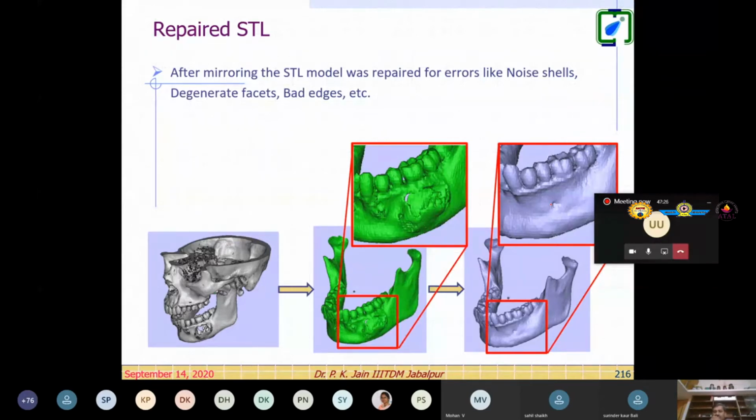Those who are doing 3D printing will understand that many times it gives so many errors that the contour is incomplete or open, because your STL file requires a completely closed volume, right? It cannot have any holes or punctures or anything like that, right?